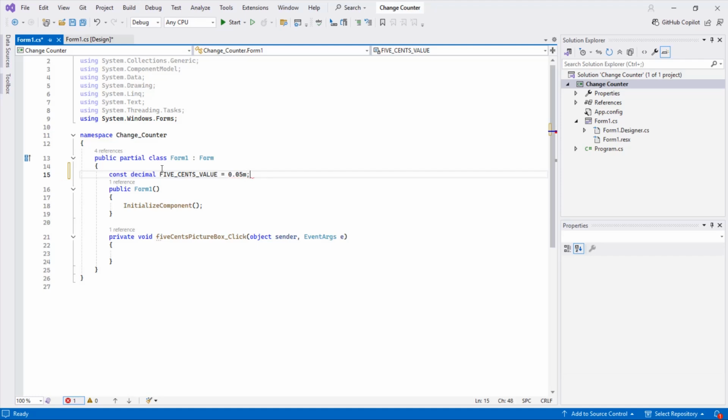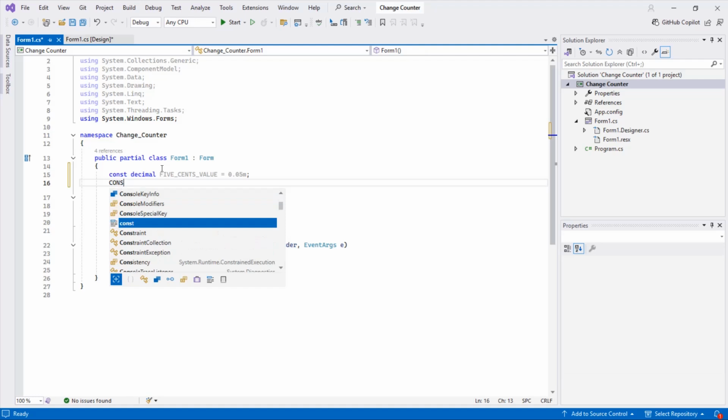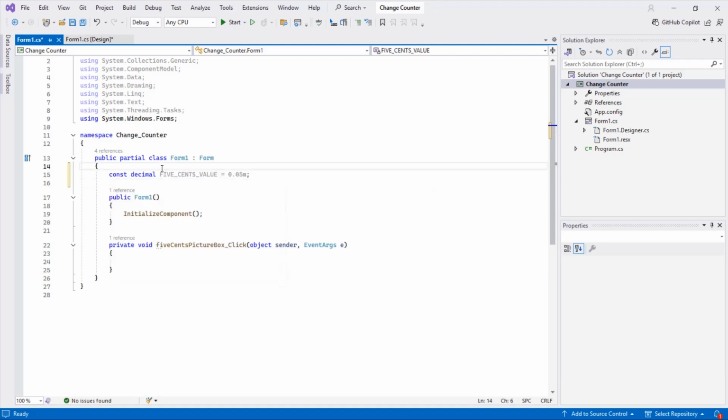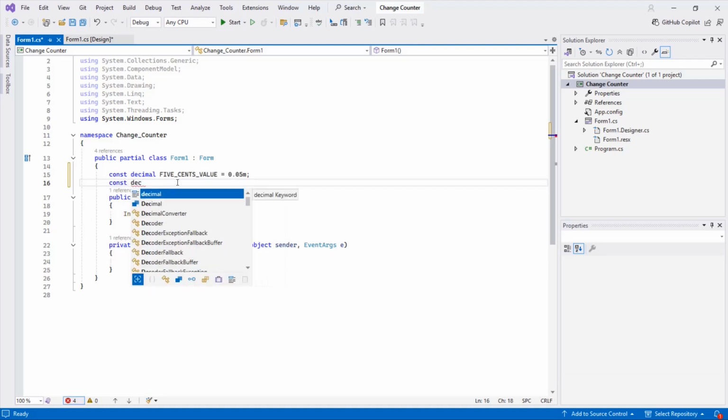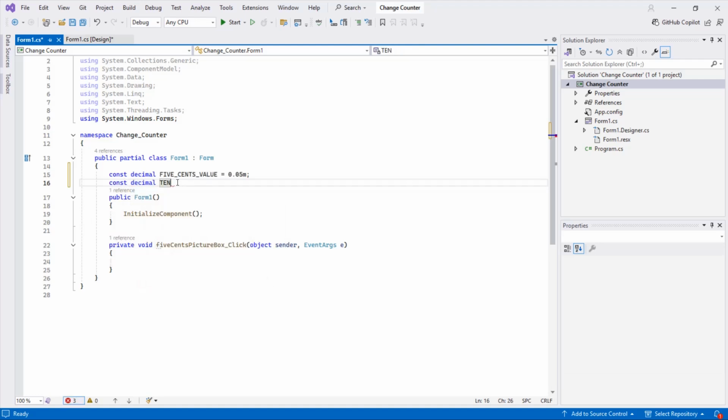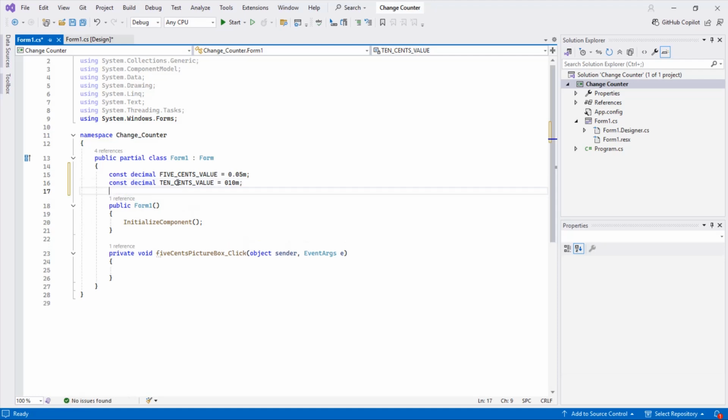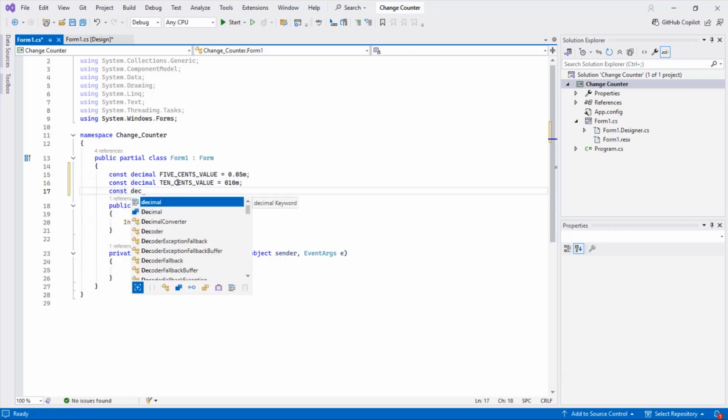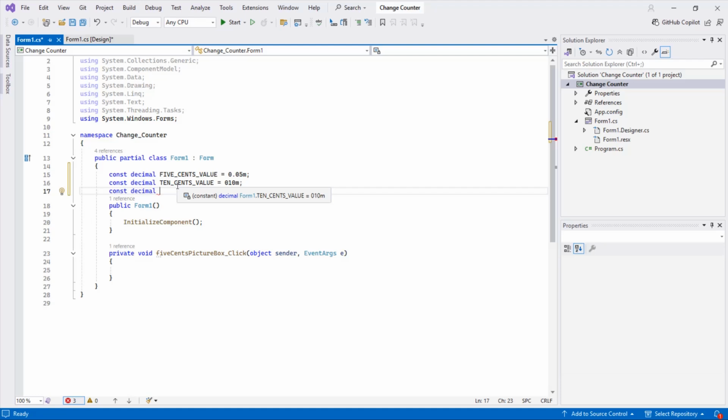M. Constant, decimal, 10 cents value equals 0.10M. Constant decimal, 25 cents value equals